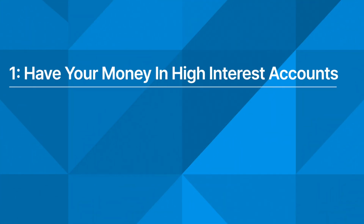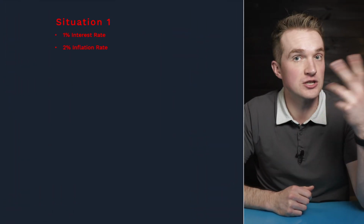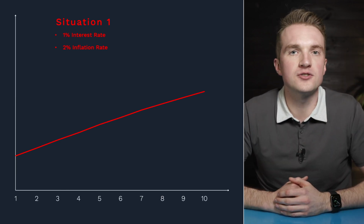Inflation impacts your long-term savings the most, so it's important to make sure your savings are increasing at a higher rate than inflation. For example, if you put $10,000 in a long-term savings account that has an annual interest rate of 1% and inflation is 2%, and you put $200 in there every month, you will have a purchasing power of